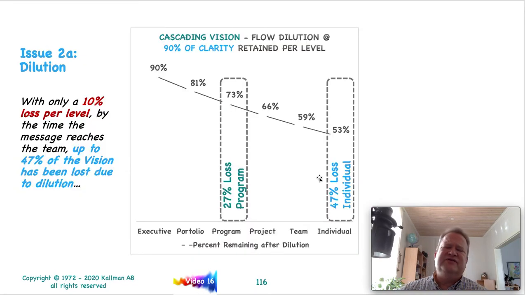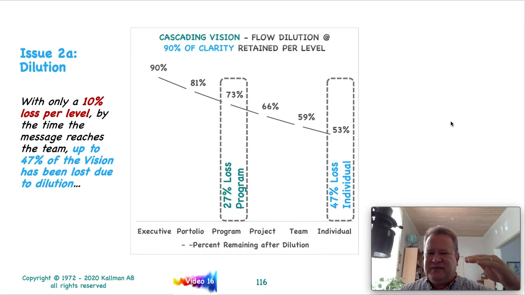Now, dilution is the thing that I think a lot of leaders, executives, and even managers and middle managers miss completely. If you are really good and you are only losing 10% per level, and you start at the executive level,